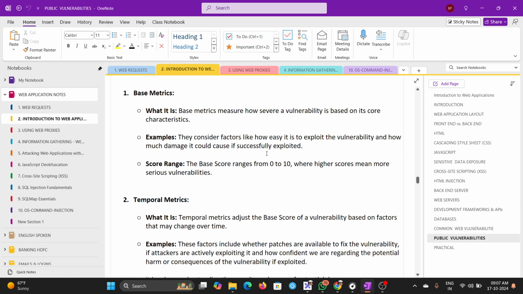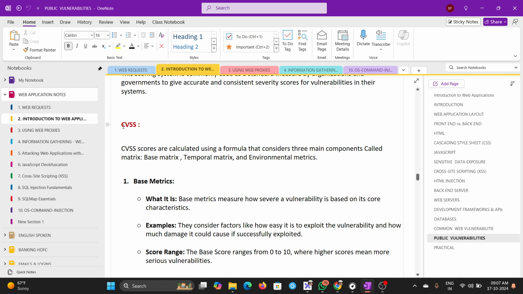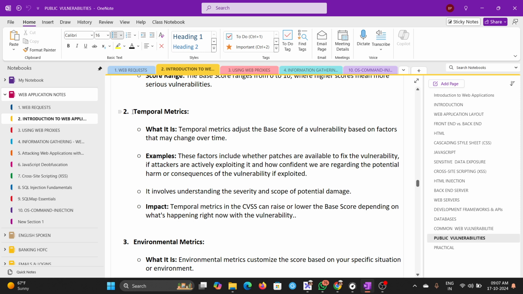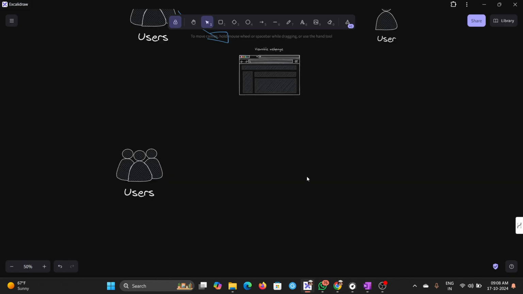So in CVSS, whenever you are calculating the CVSS score, we have three things. One is the base metric. The base metric measures how severe a vulnerability is based on its characteristics. Then we have the temporal metric. The temporal metric adjusts the base score of a vulnerability based on factors that may change over time. So let's say you find a vulnerability in,